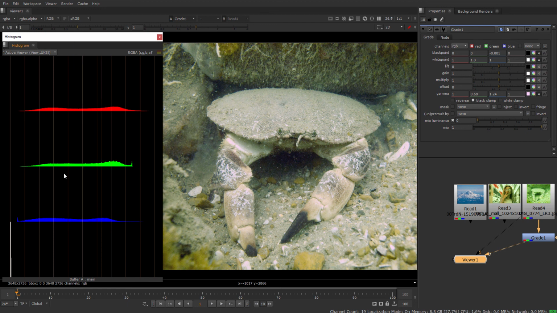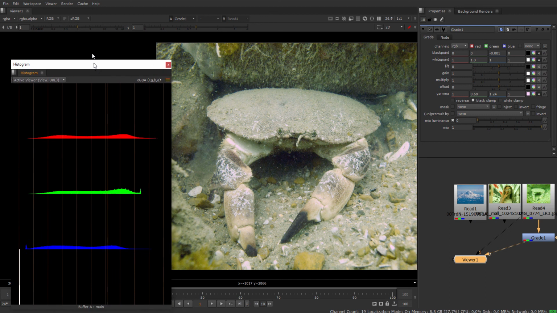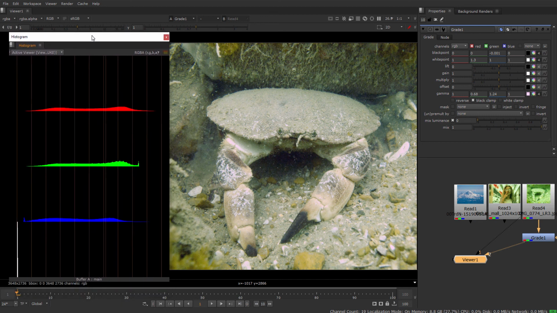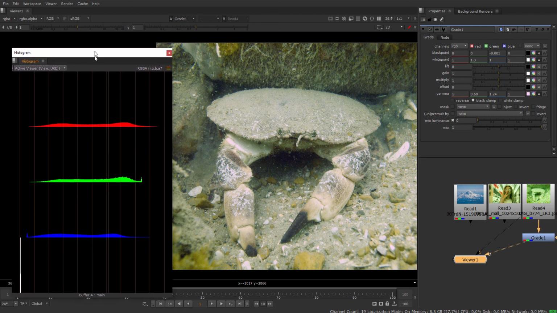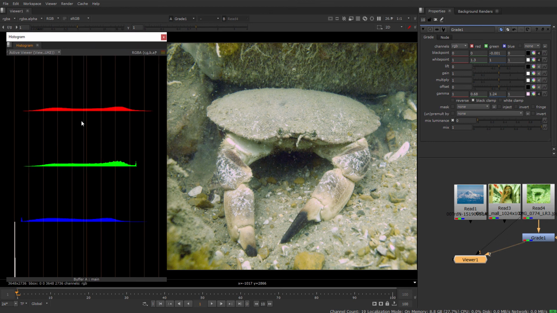So this is today's little tip, or you may say it's a tutorial, but to me it's a tip that you must understand how to use, how to see, how to color correct your images by having a look at the histogram